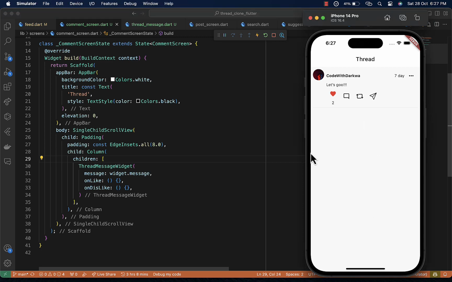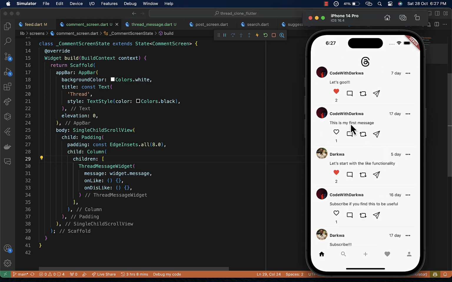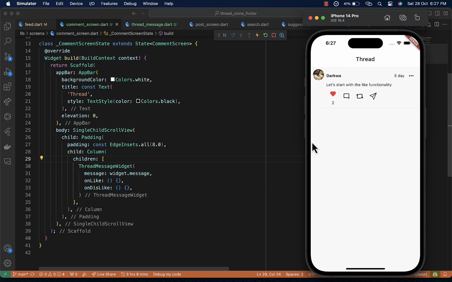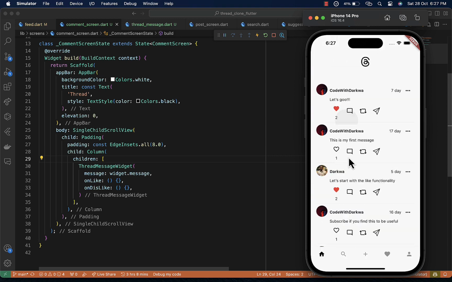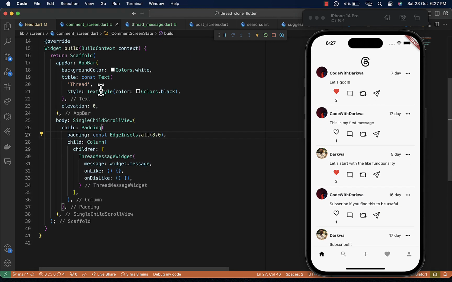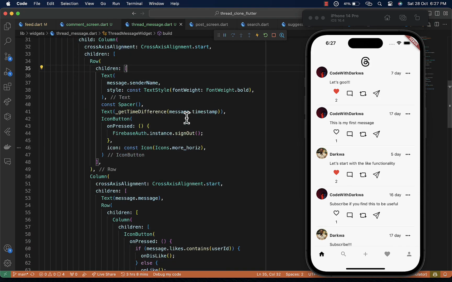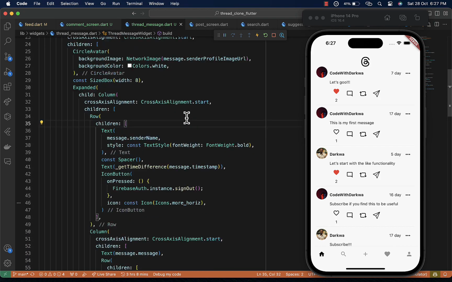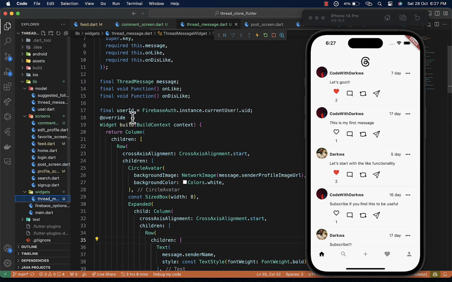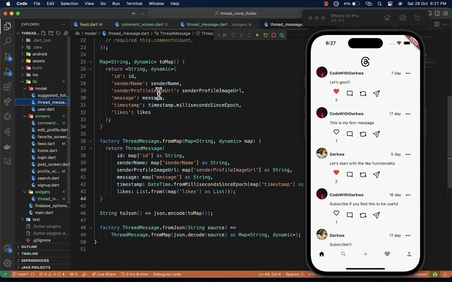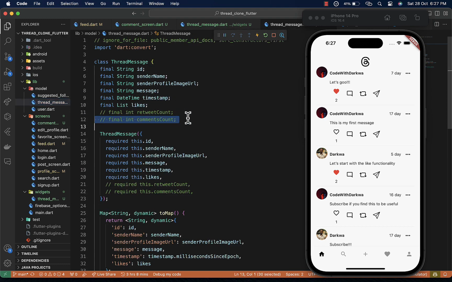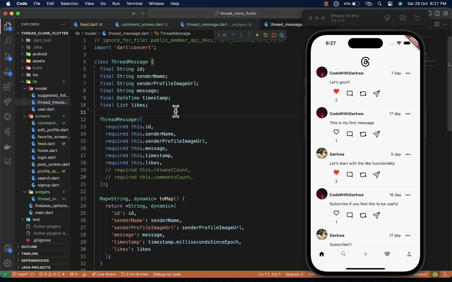So we now have our comment screen, right, with the sender's details. When you tap on a particular comment post, you can see that particular post being displayed, right? So you actually need to display the list of comments below that particular post. So that's the next step. So let's move into our thread message model, right,